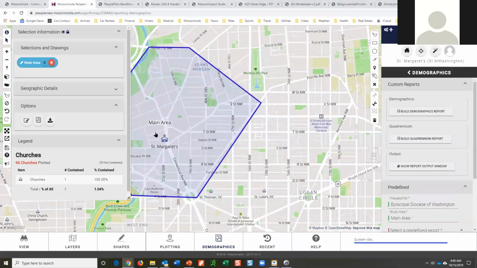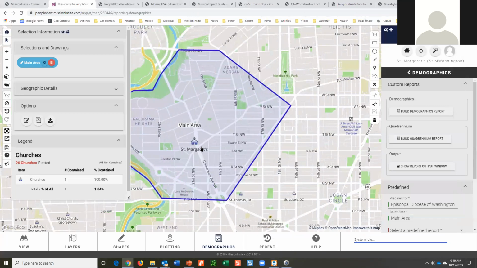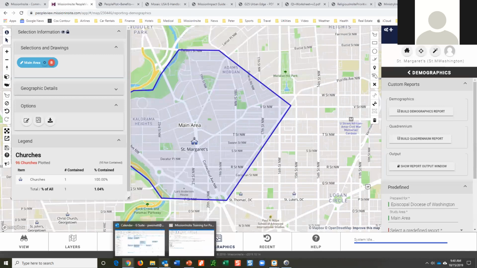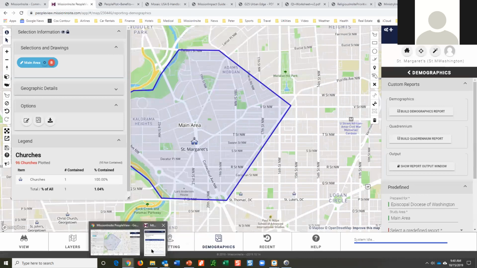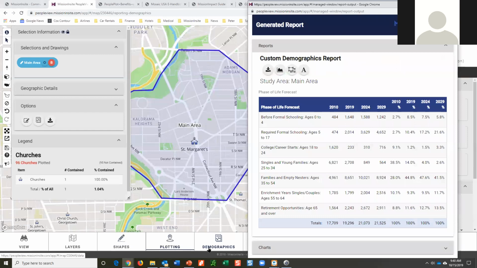Now, do you think the leadership is aware that the numbers are that high? In most cases, people aren't. We don't have an idea. We might say, yes, there are a lot of children, there's a lot of this or a lot of that. So you have the ability then to come in and look at those kind of reports for a given area.